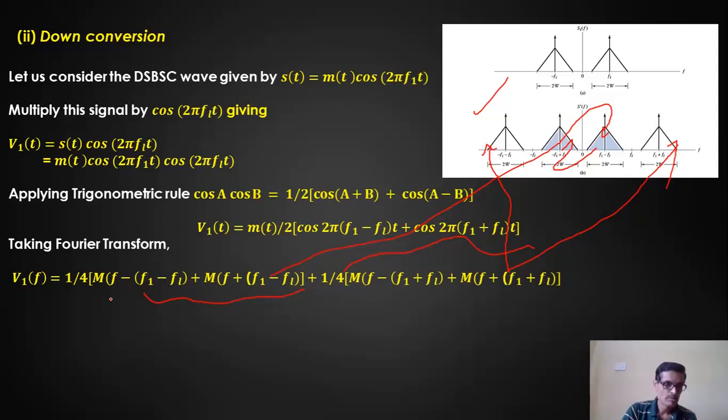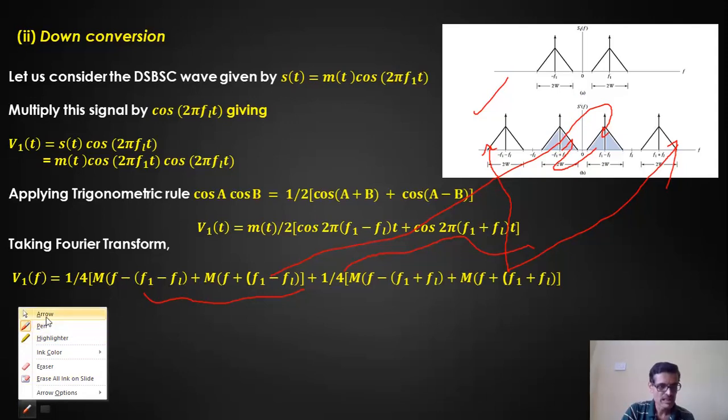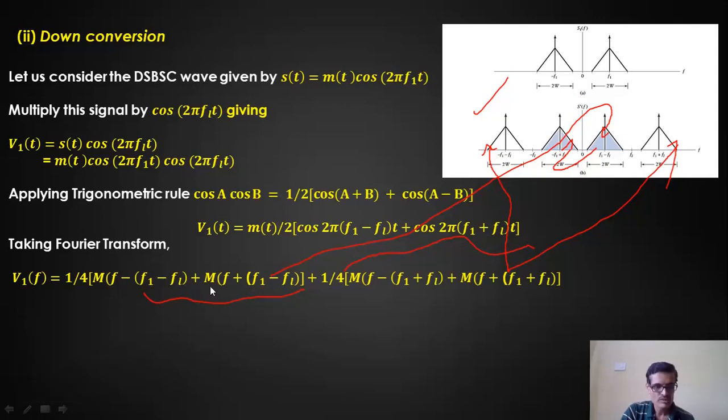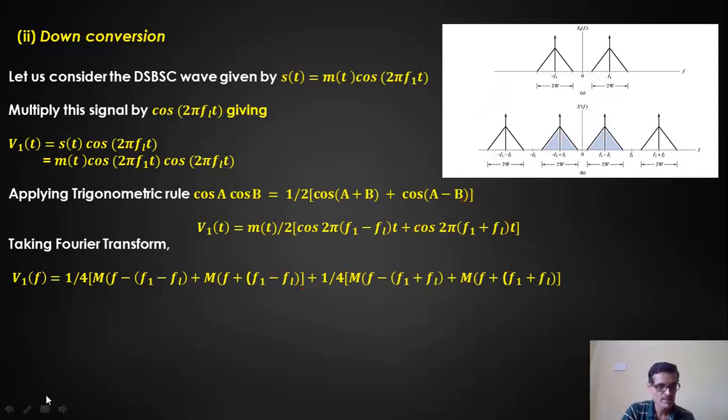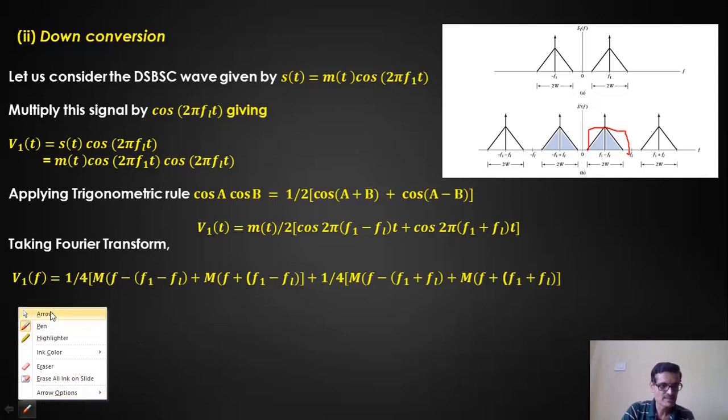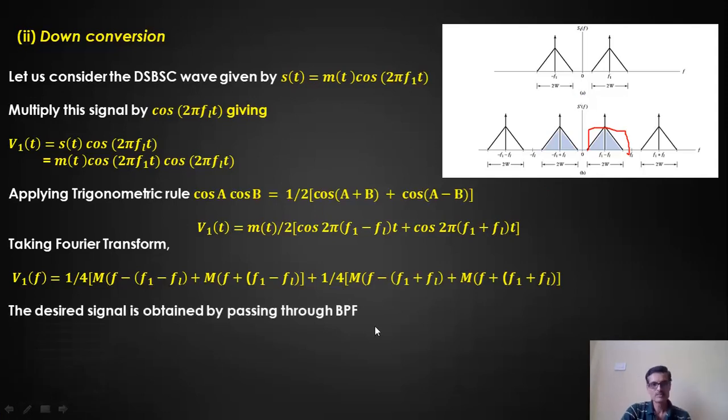Now, because I'm explaining a down conversion here, I have to choose the down conversion term, that is this particular term, or in the spectrum domain, this is what I want to choose. So I will pass this signal to a band pass filter which has the response, let us say this is the response. I designed it with a certain cutoff frequency over there. I want to choose only this particular spectrum. So after passing through the band pass filter, I'll get a new frequency, let us say f2, which is given by f1 minus fL. Only this particular part is allowed by the band pass filter.